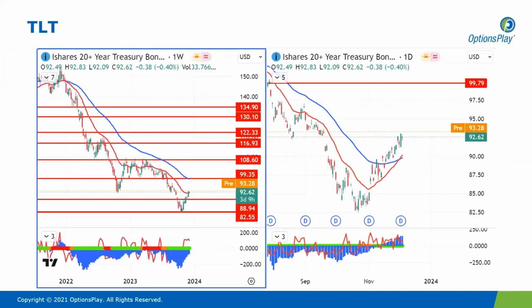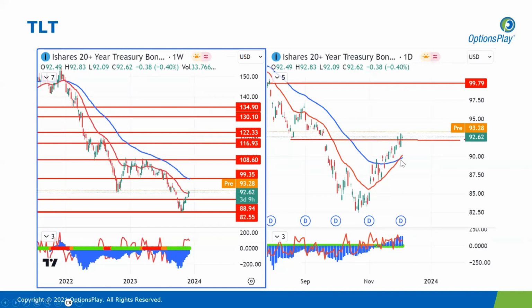Okay, TLT, the Treasury Bond ETF. With yields moving lower, we saw the 10-year yield break below 440 basis points. We are seeing bonds across the board move higher. TLT has now seen its exponential moving average crossover, with the 21-day EMA crossing above the 55-day EMA, set to open higher this morning, breaking above 92 as well,